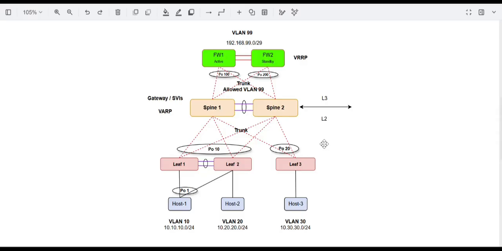Okay. So the spines are in MLAG, and both spines are connected to both firewalls. I'm using port channel 100 for firewall 1 and port channel 200 for firewall 2. I'm only allowing VLAN 99 for the firewall, and the firewall connectivity will be over VLAN 99. So the firewall virtual IP will be 99.1, and the spine's VLAN 99 SVI will be 99.2. On both spines, I'll configure a default route towards 99.1, which is the firewall virtual IP. On the firewall, I will configure a static route to